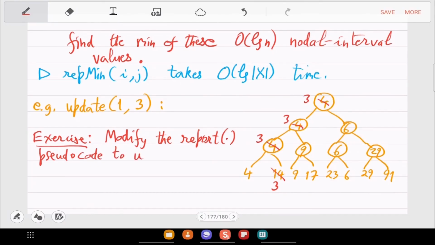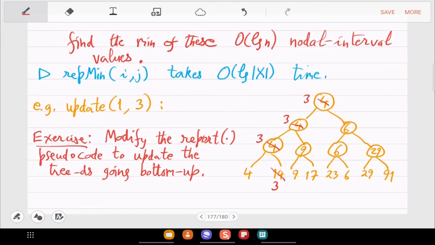To update the tree data structure, going bottom up, change the leaf in the array.